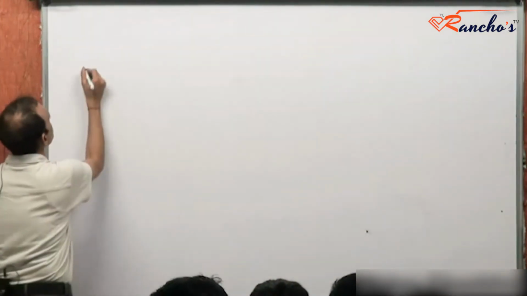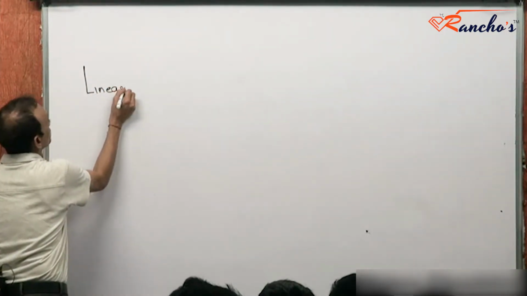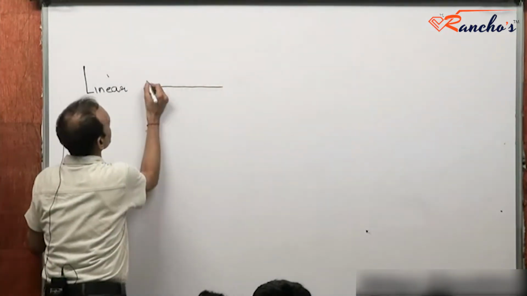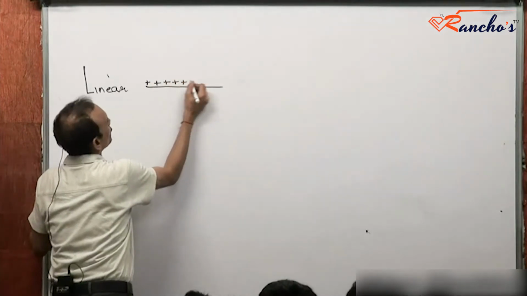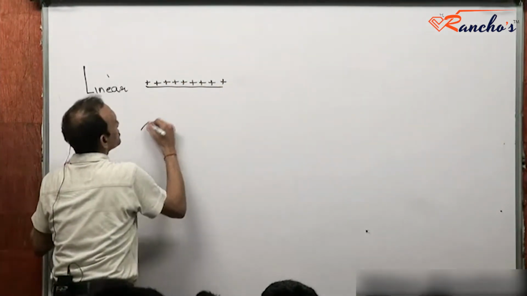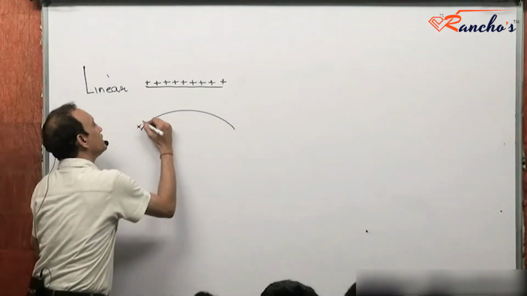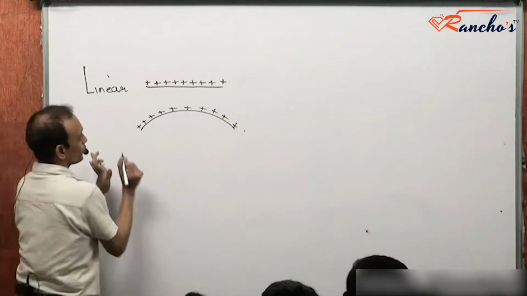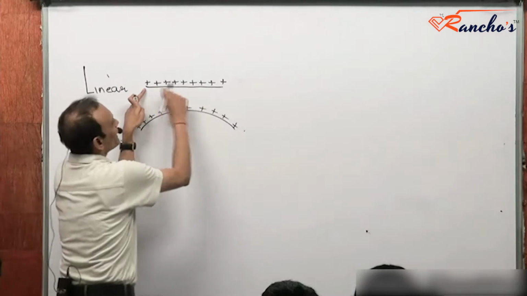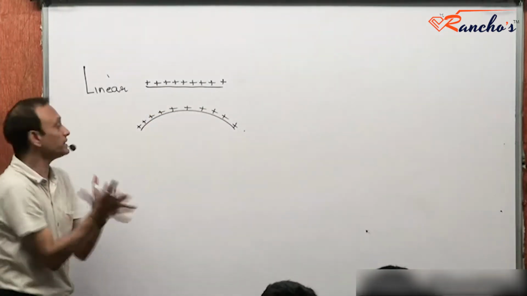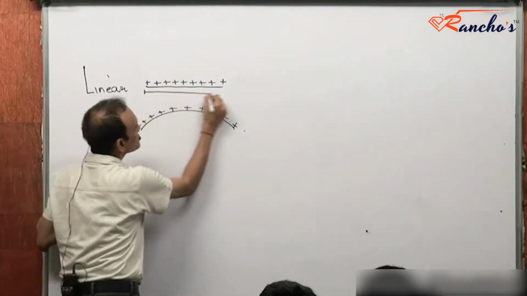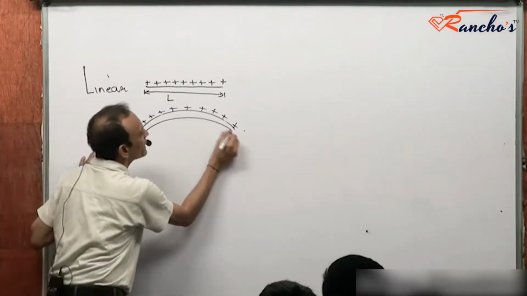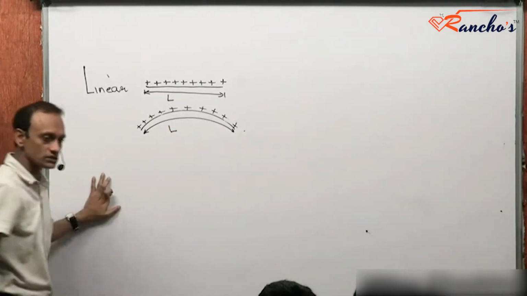We have what's called a linear continuous collection of charges, which could be, let's say, something like this, along a line. Linear does not necessarily mean along a line. It could also mean, let's say, there is an arc of a circle and there is charge at every point on this arc. Now, this is called a line charge. Both of these are line charges, right? And suppose the length of this line charge is L. This is the length of the line charge, right?